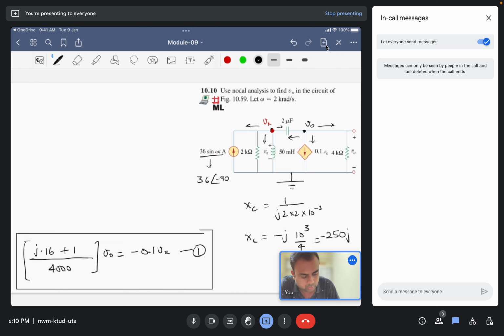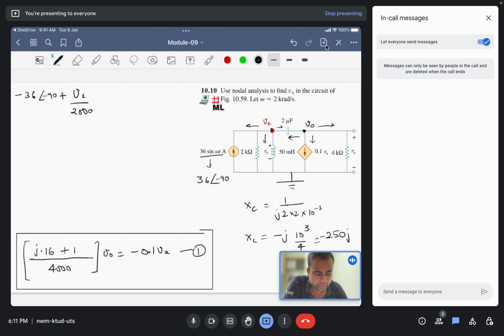The direction of current is opposite, therefore there will be a minus sign: minus 36 angle minus 90 degree, plus the current flowing away through the resistor, that will be Vx by 2000 ohms,